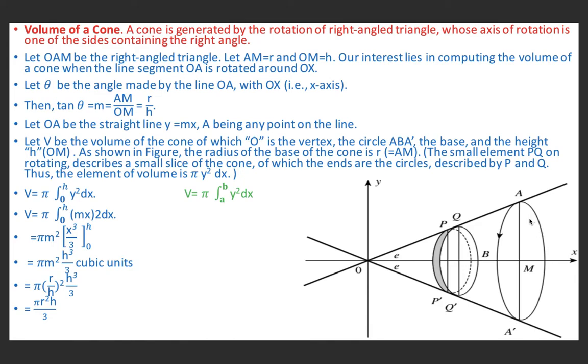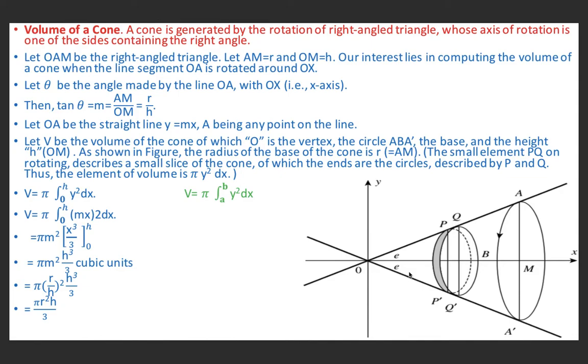It means tangent theta is equal to AM upon OM. I have denoted this by small m. Let tangent theta be equal to small m, the slope of this line. And AM is equal to R, OM is equal to H, so this is equal to R upon H. If m is the slope of this line, it means the equation of the line OA is nothing but y equal to mx. A is any point on this line, therefore the equation of this straight line is y equal to